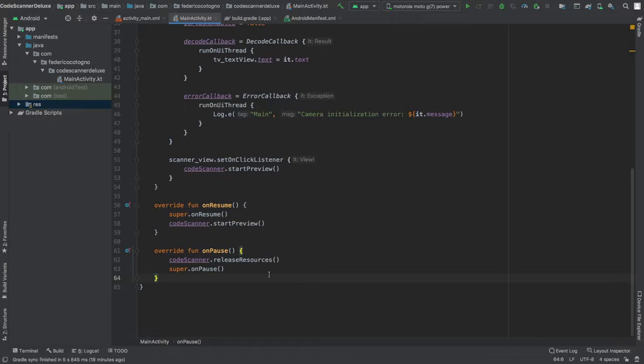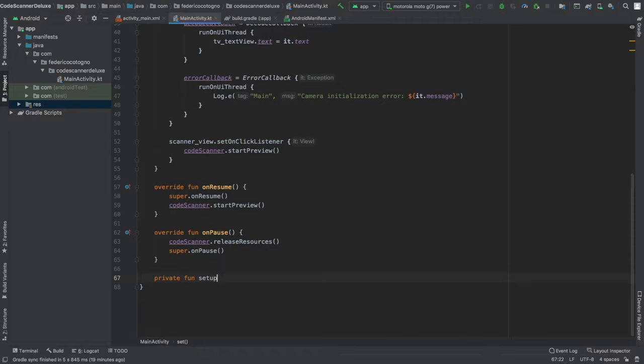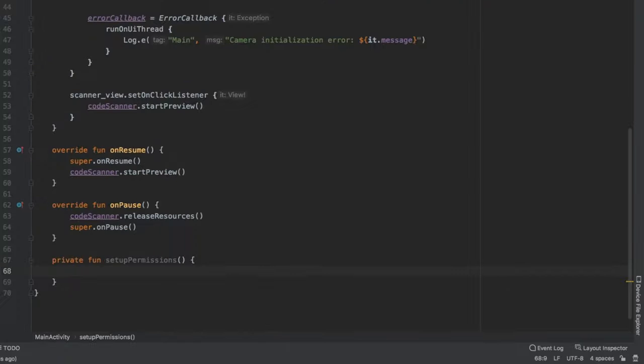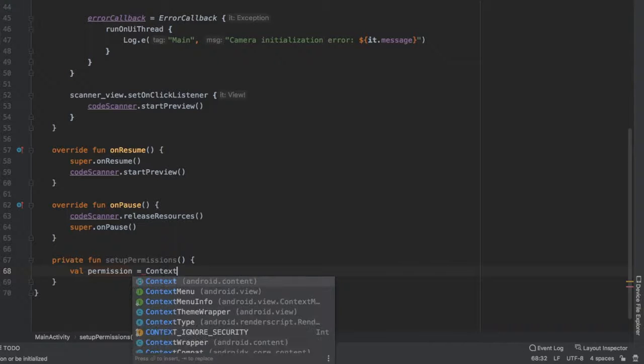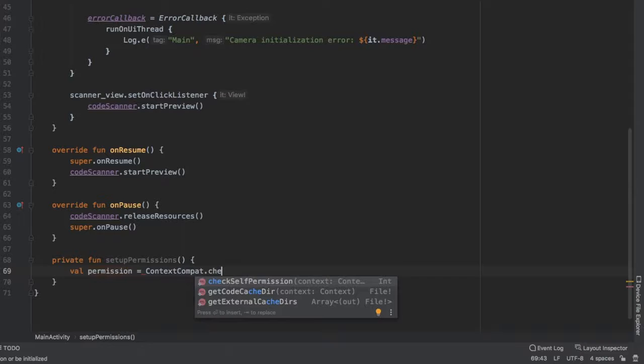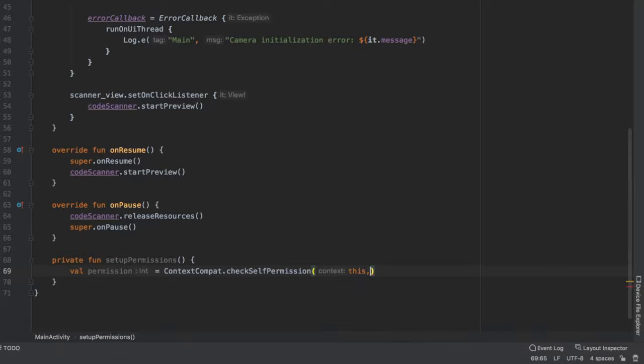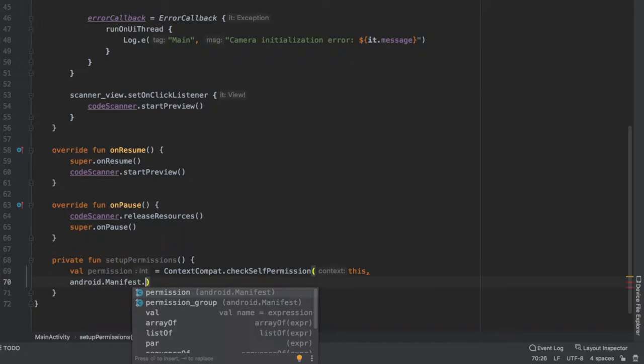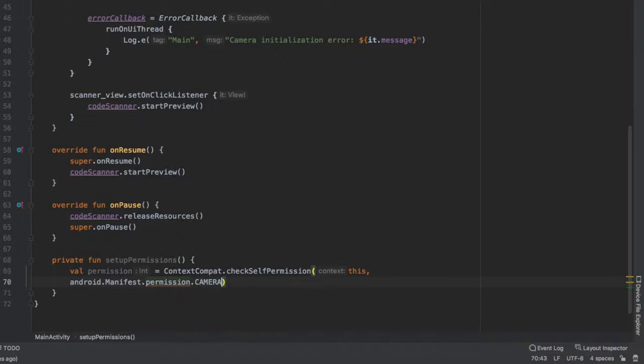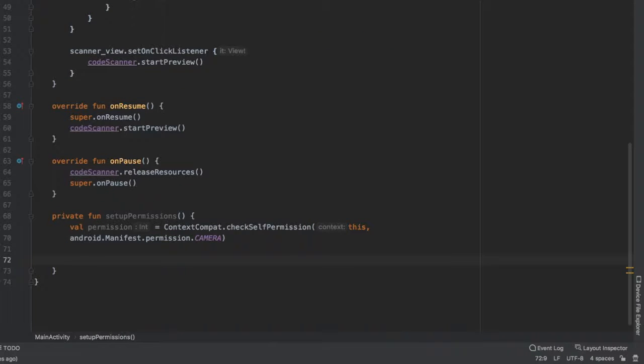So the first thing we want to do is right under all of these functions, we can just go below and type in private function called setupPermissions. And we have to create a permission in here. So it's going to be val permission, and that's going to be equal to ContextCompat.checkSelfPermission. And it's going to take the context of this. And we also have to enter the permission we wanted to check. So we'll type in android.Manifest.permission.CAMERA. And right below, we have to write the check that tells us exactly whether the user has accepted it or not